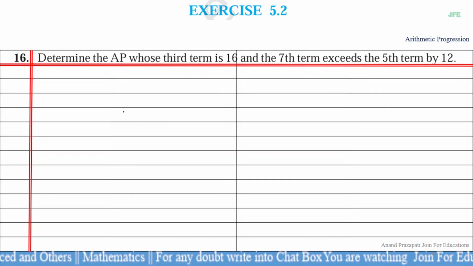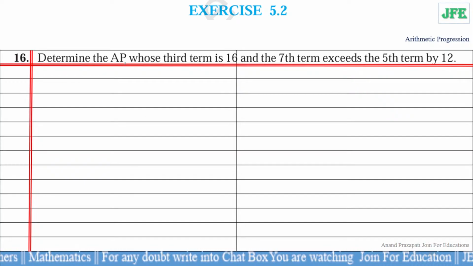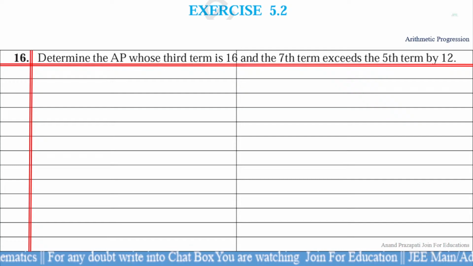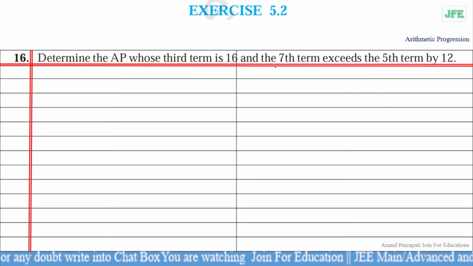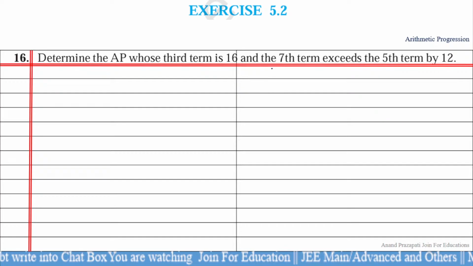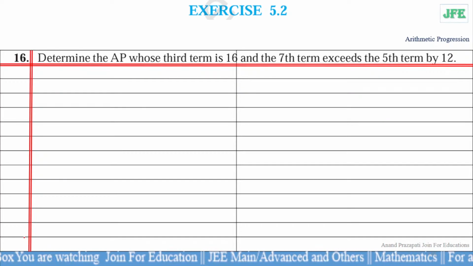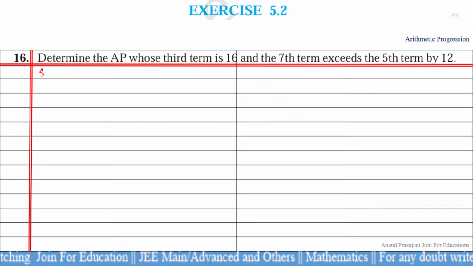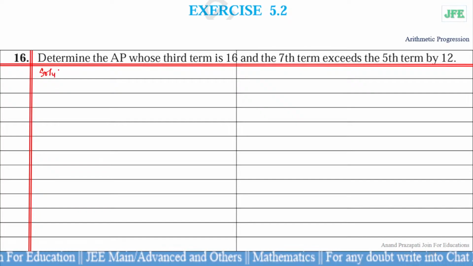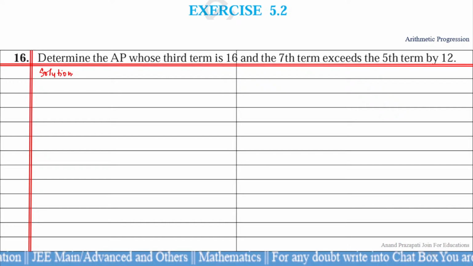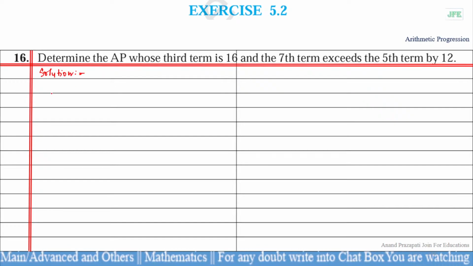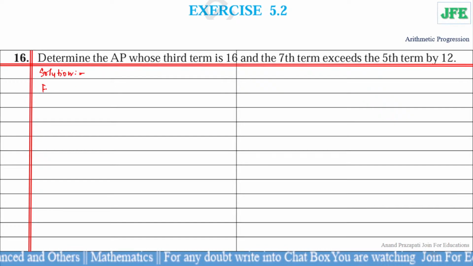So in this question, I am going to read the question. Determine the AP whose third term is 16 and seventh term exceeds the fifth term by 12. I hope there is no problem understanding this. Let's see the solution of this question. So from the question it is clear that